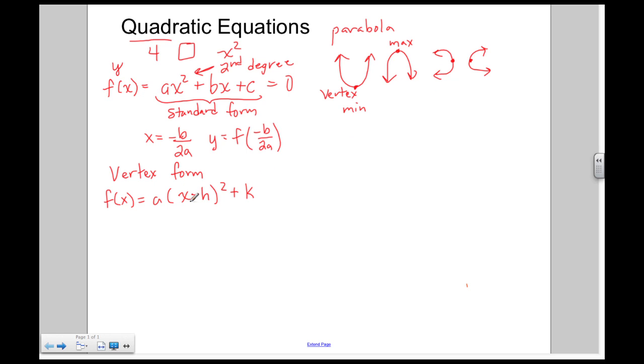Since we're going to focus on quadratic equations where only the x value is squared, our parabolas are going to either open up or open down. But back to the vertex form. It's easy to see the vertex because the vertex will be found by taking the value of h and taking the opposite sign, and then taking the value of k and the sign as we see it. So that there would be our vertex.